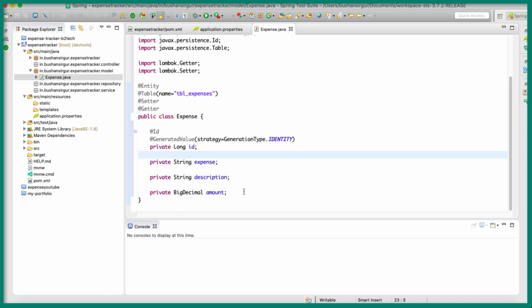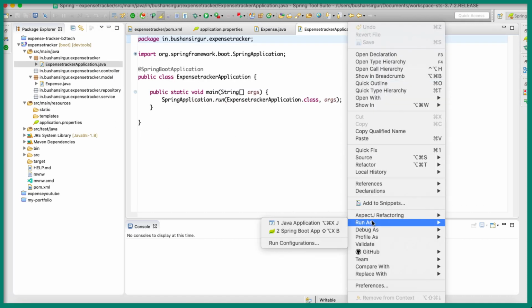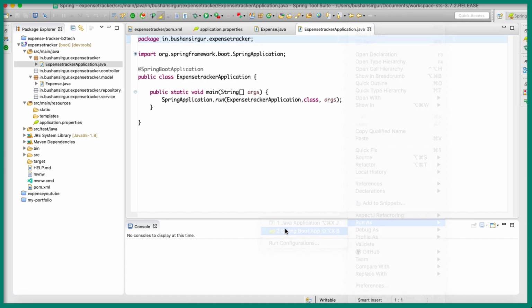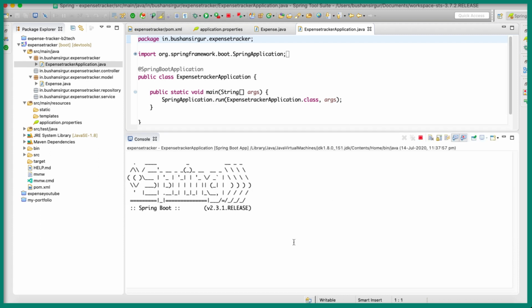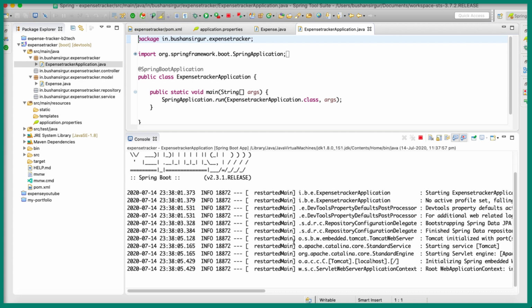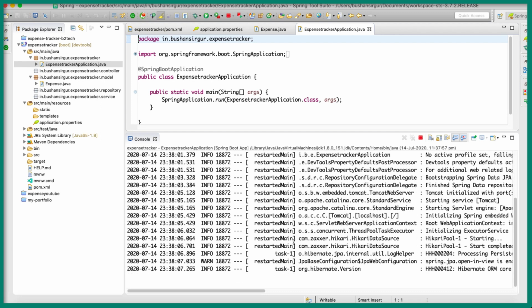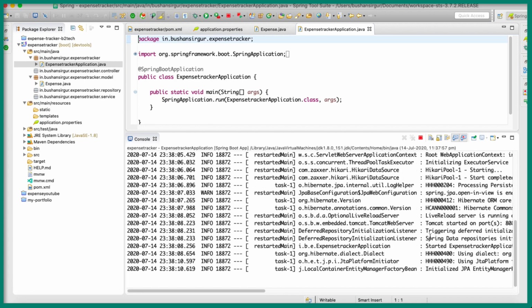Let's save this, and now let's go ahead and run this application. You can see the application has been started.